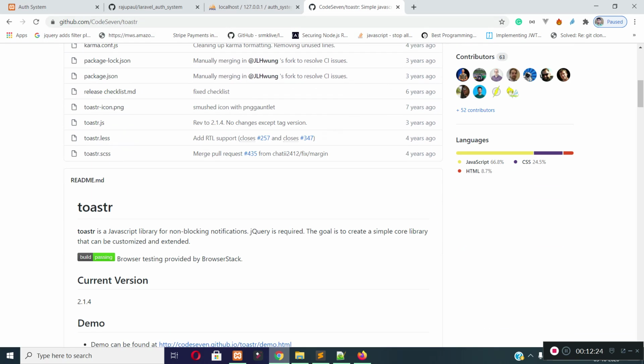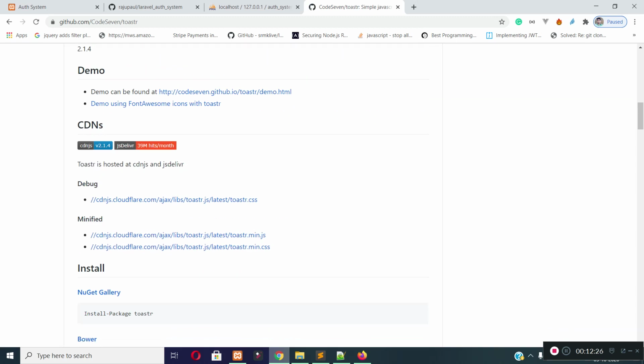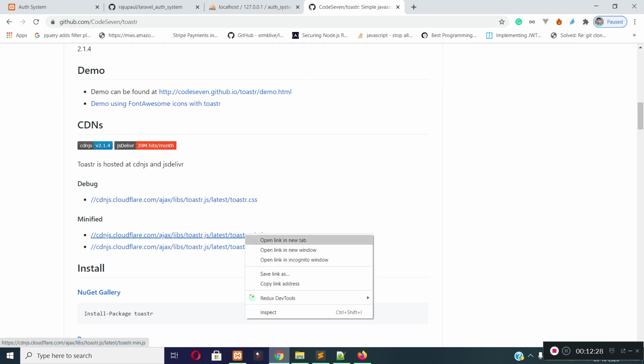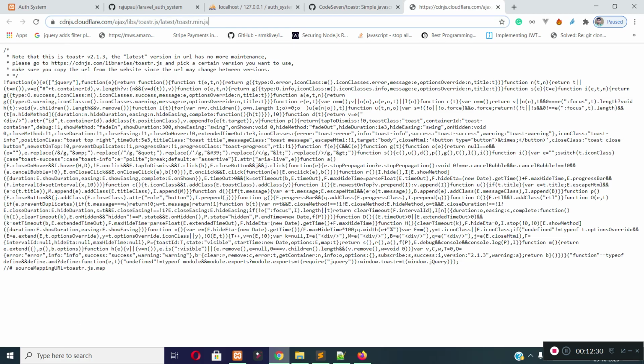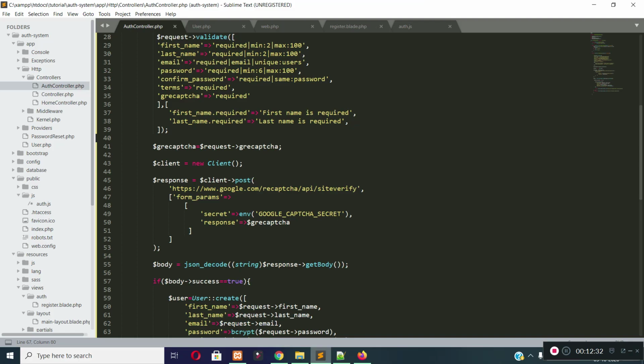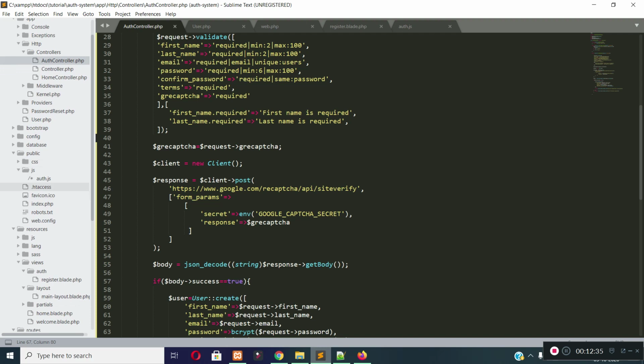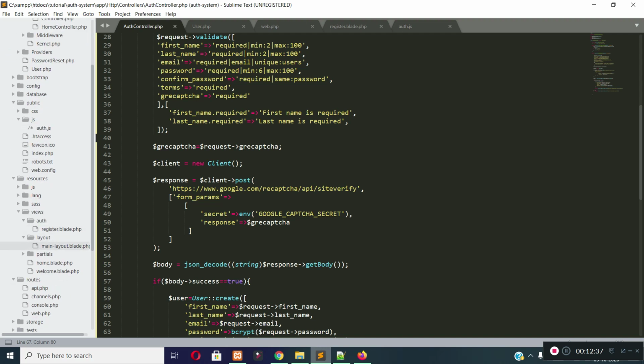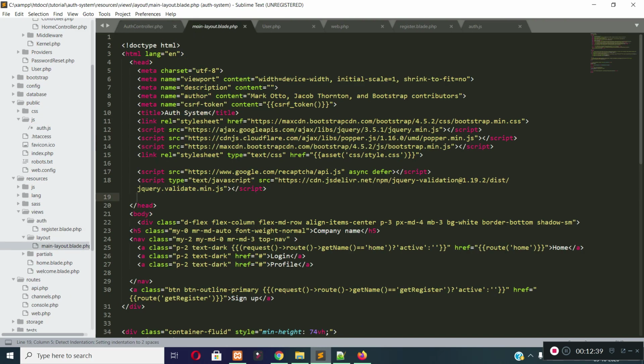To use the Toastr package, we need to include CDNs for that. So let's click on this URL and let's copy this URL and let's include this in our main layout.blade.php inside the head tag.